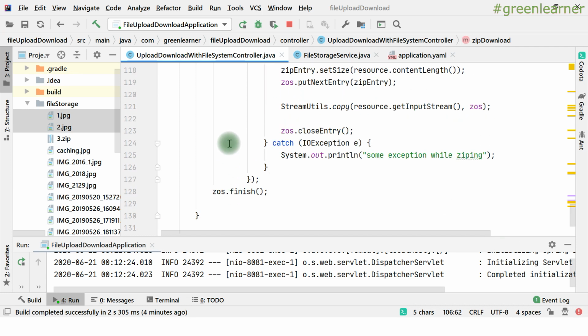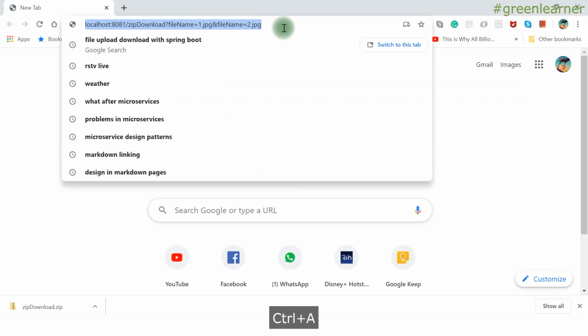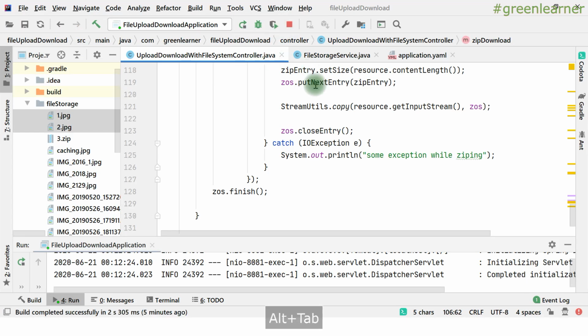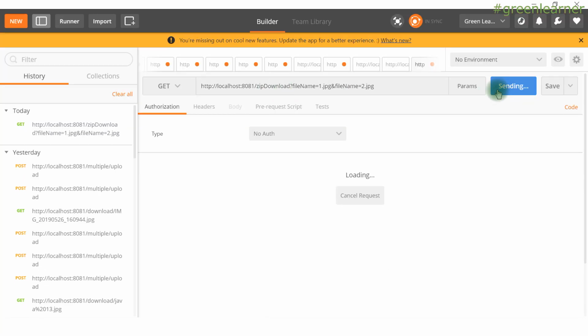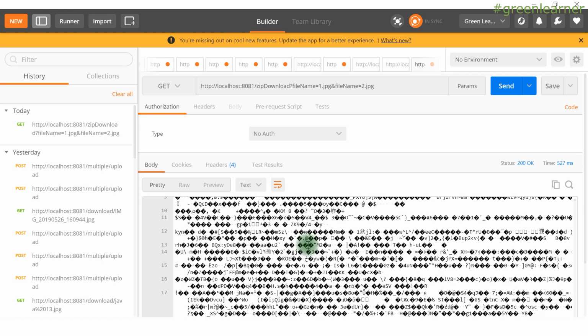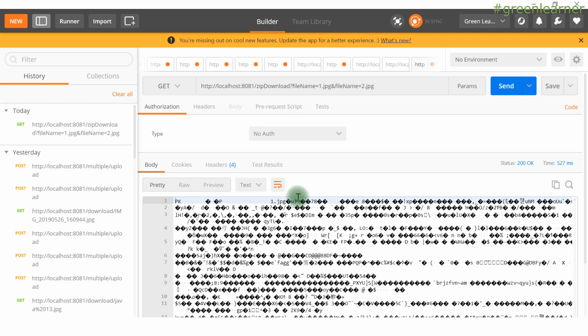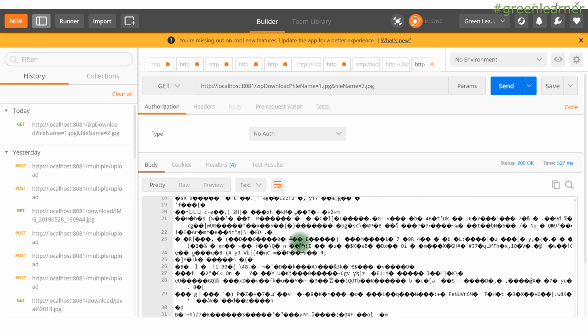And if we want to try the same thing with the browser, with Postman, we can do that as well to see the response that it is giving. So if I come here and hit this one, right? It is taking time. Yes, it took time, but it has done the thing for us. Here it is just rendering the zip. It cannot understand the zip, that is why we are seeing this strange code here, right?